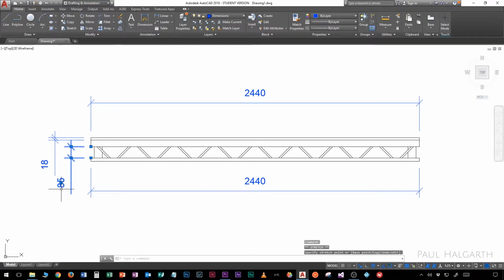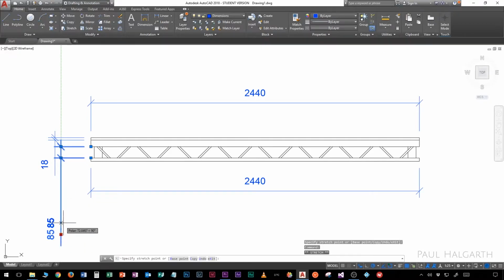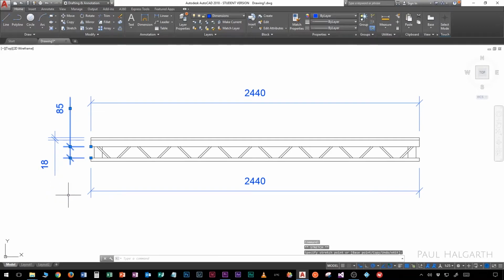And you can see that I've got one on the actual number, the value of the dimension, so I can pull this out and place it further away or nearer or even on the other side, depending on how I want to lay out these dimensions. You can see that on these two I've actually got the number beside the dimension, and that's because it won't fit into that gap here, and that's because of the way that I set up the dimension